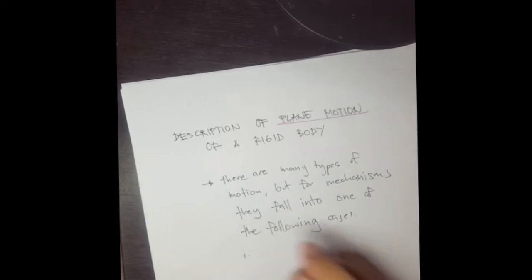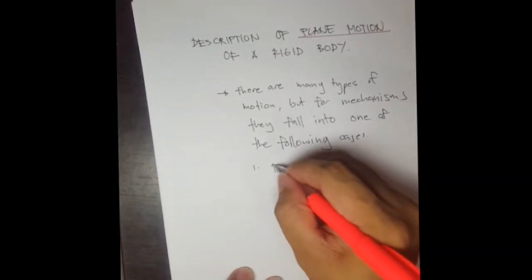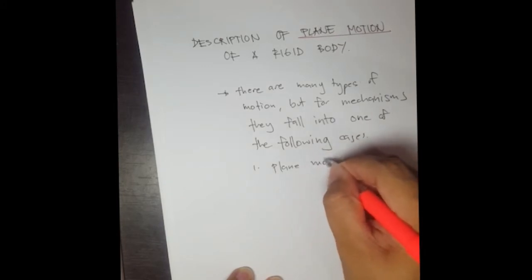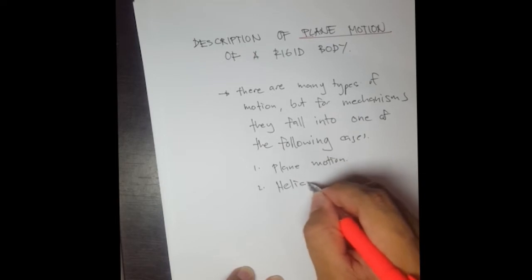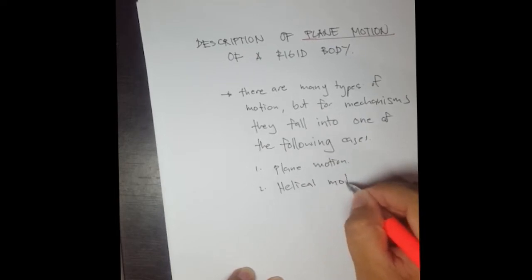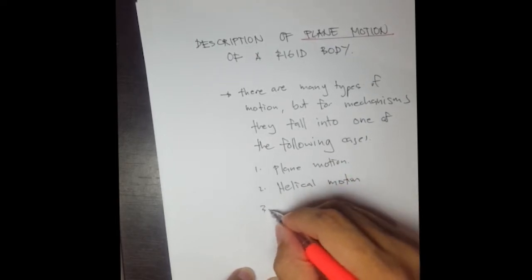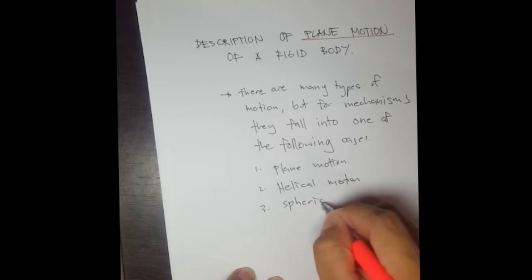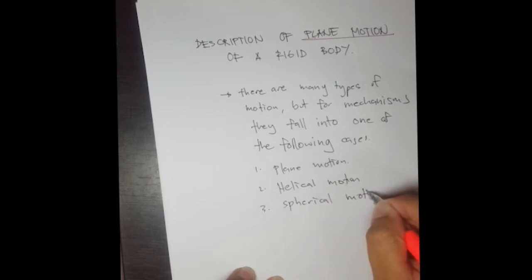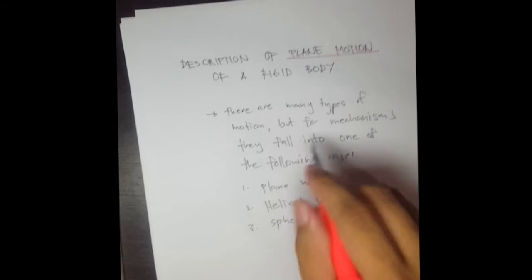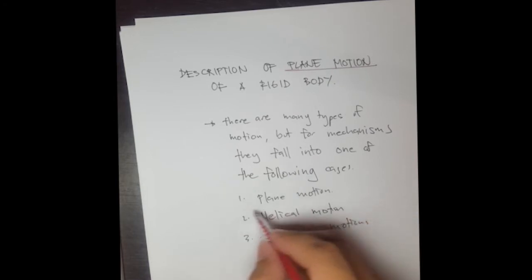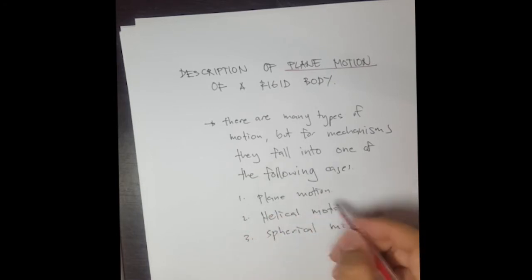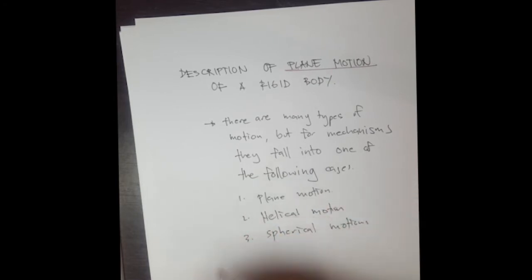Number one, that's the plane motion. Number two, the helical motion. And the third one is the spherical motion. That's why we just focus on the plane motion. But it's also good that it's introduced here that there are other motions possible for a